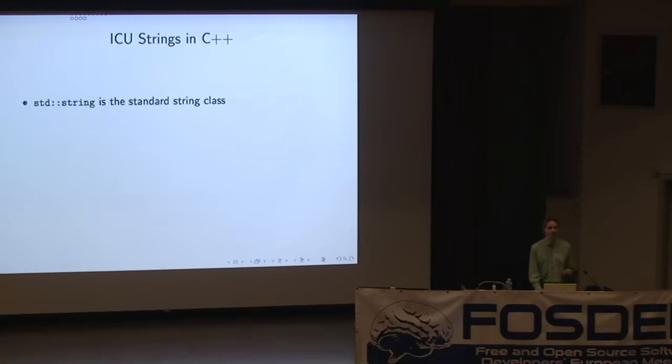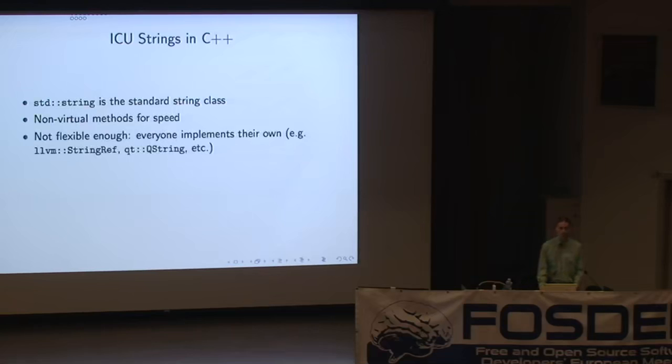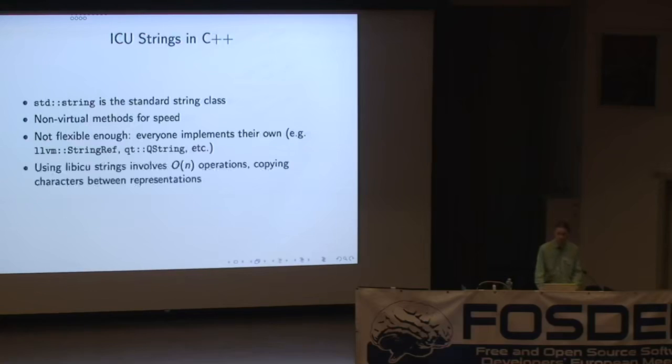And I've seen quite a few libraries that use this from C++. And in C++, you have this standard string class. And it's all really designed to be inlined and be fast, and that's great. Turns out no one actually uses it in big libraries. It seems that once a C++ library gets to a certain size, it implements its own string class. It's like a rite of passage, and there are a couple of examples there. LLVM has its StringRef thing. Qt has its own class. WebKit has a thing called deprecated string in the WTF namespace, which I particularly liked.